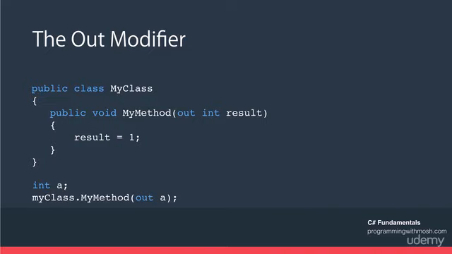Now, out modifier is slightly similar to the ref modifier in the sense that if a parameter is declared with the out modifier, as you see here, then in order for you to call that method, you also need to specify out when calling that method. But out is conceptually a little bit different from ref. What does it mean? That means with the out, this method can return a value to the caller. Now you might be wondering, couldn't we just return a value here instead of using void? Absolutely yes. But with the out keyword, we can have multiple parameters here and they all can return a value